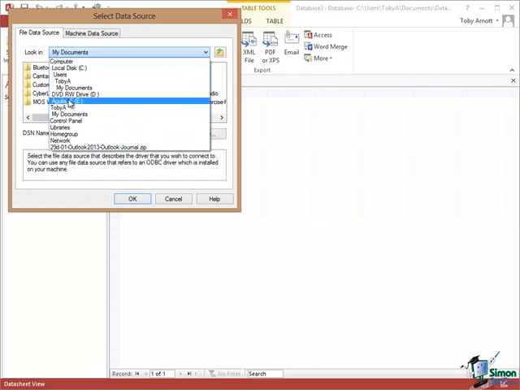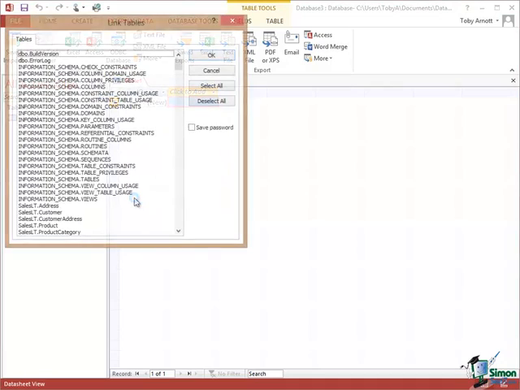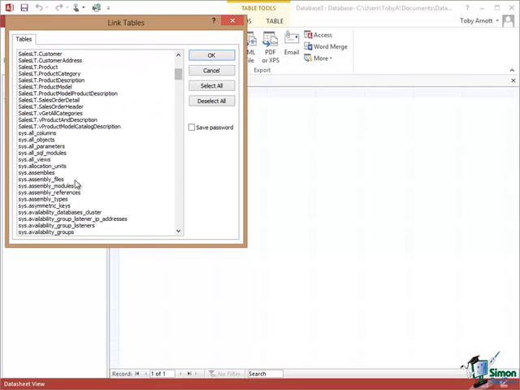So let's browse to that DSN. I'll go back up to that drive and my Scratch folder. There's the DSN I want. Notice it's identified the DSN name, etc. Click on OK, and I'm presented with this very long list of tables that Access has identified via ODBC as being in the AdventureWorks database. Now the first 15 or so are actually system tables, and I wouldn't normally be wanting to access those. The data is a little bit further down the list here. There are many other system tables at the end, but the particular table that I was going to have a look at was the SalesLT Customer table. So if I click on OK,